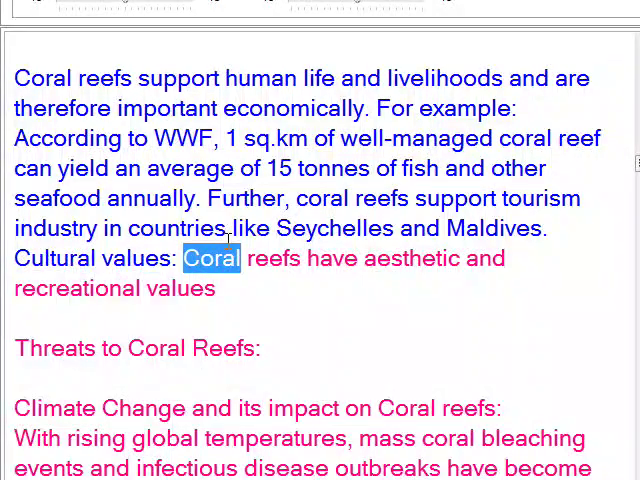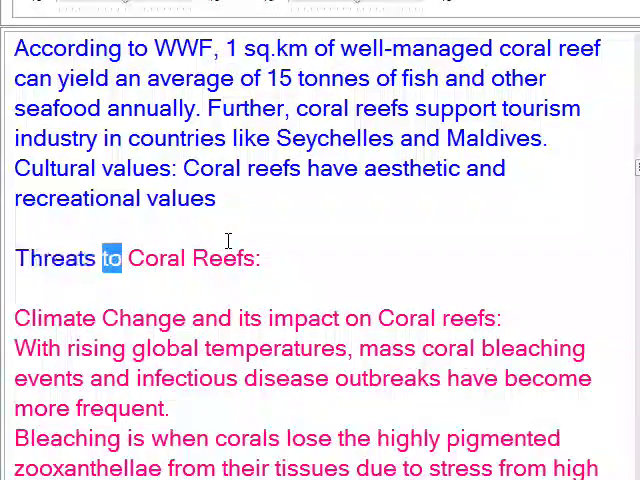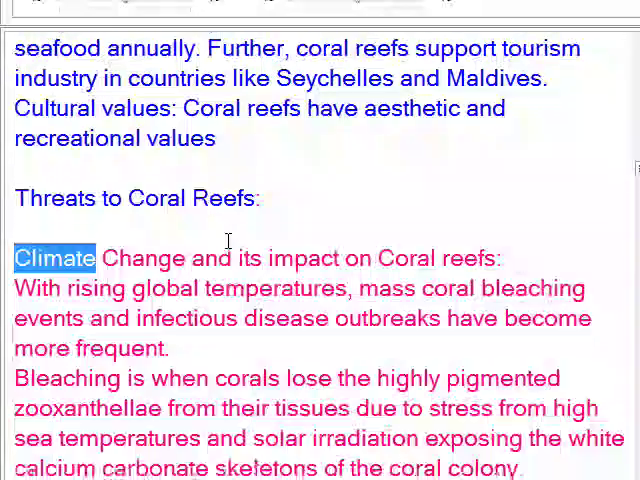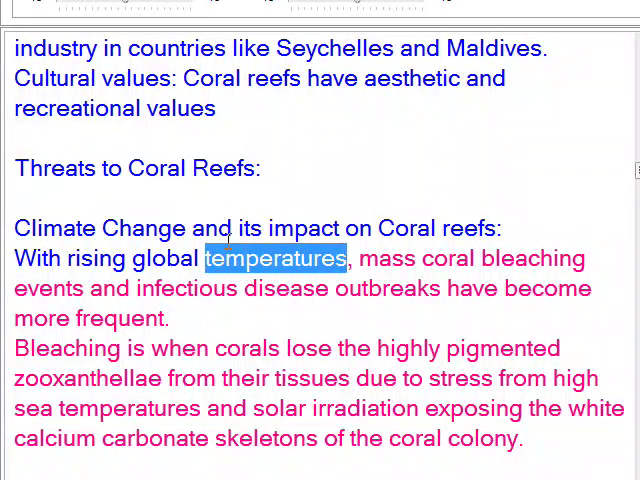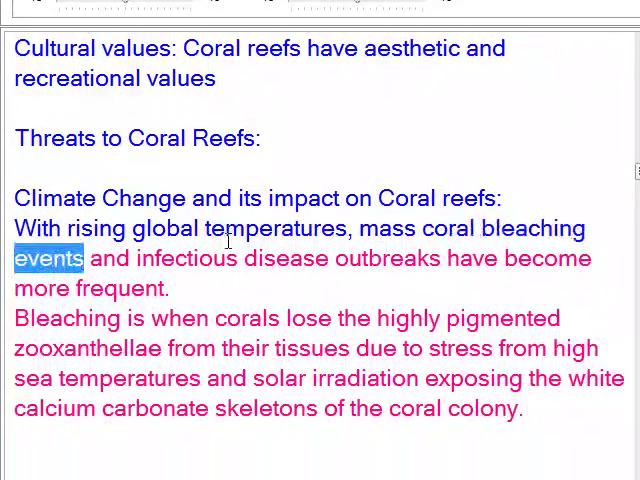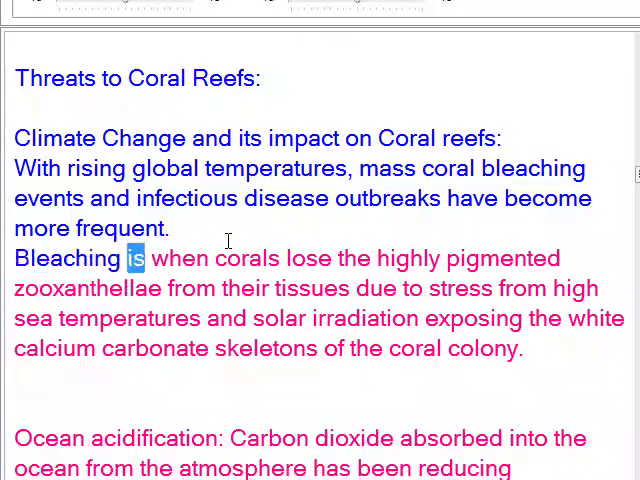Cultural values. Coral reefs have aesthetic and recreational values. Threats to coral reefs. Climate change and its impact on coral reefs. With rising global temperatures, mass coral bleaching events and infectious disease outbreaks have become more frequent. Bleaching is when corals lose